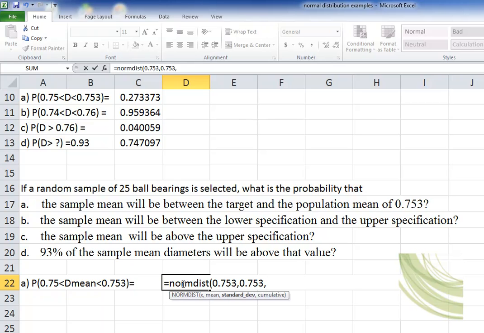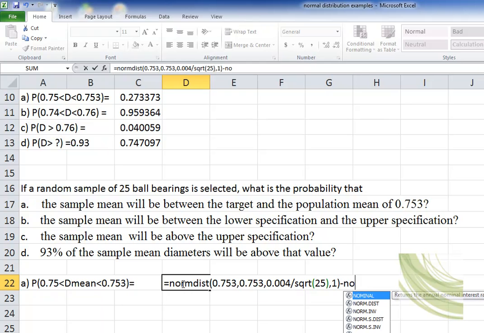According to central limit theorem, standard deviation of means equal 0.004 divided by square root SQRT, sample size 25. Then logic value 1